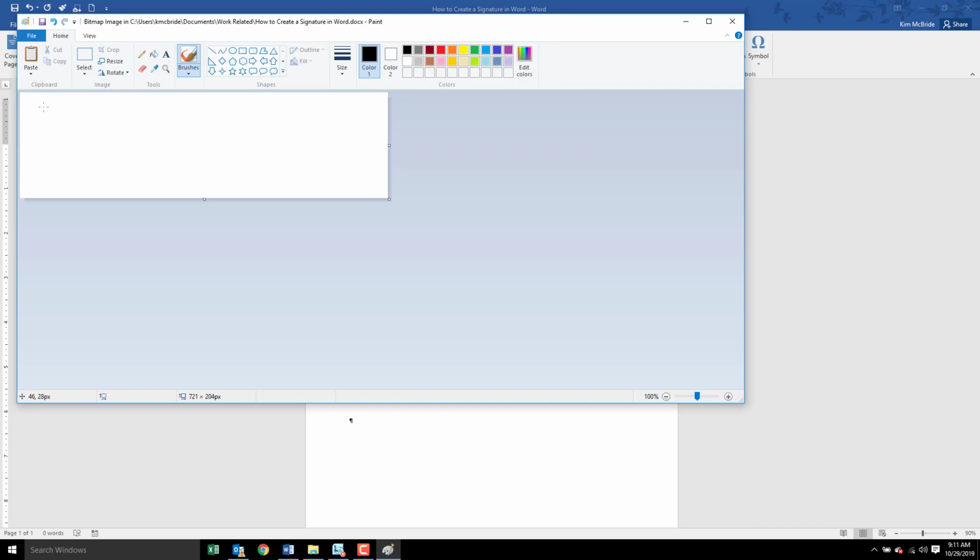Now with the left mouse key, I'm going to draw in my signature. Now this does take a little bit of practice. So play around with it. Draw a few lines. If you don't like it, there is an erase tool over in the Tools group. Erase, draw to you something that you are happy with. There we go. Make sure all my i's are dotted. Okay, to get back to my Word document, I just click in the Word document and it will apply this